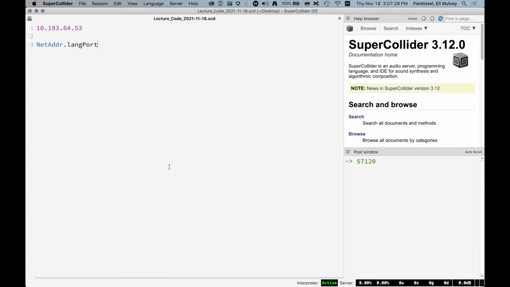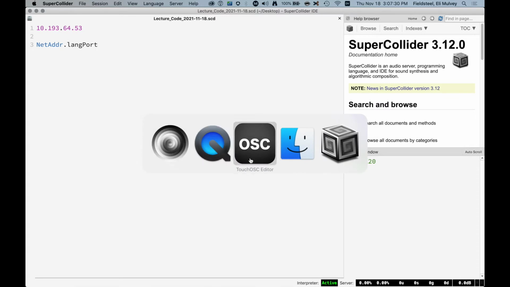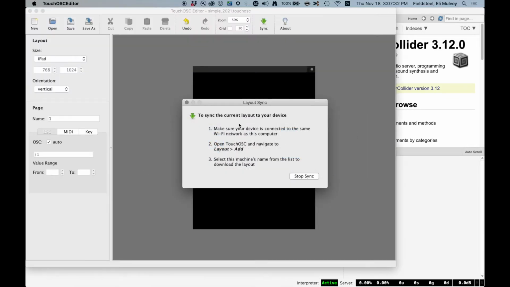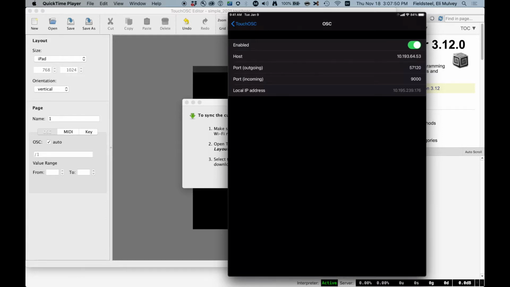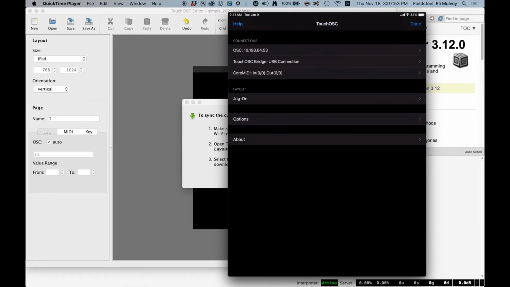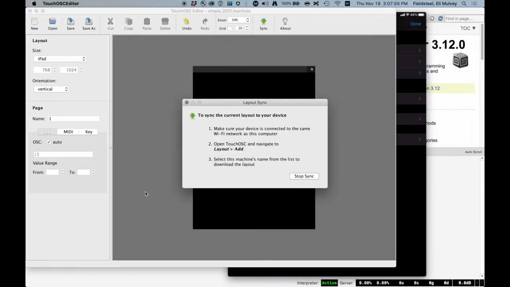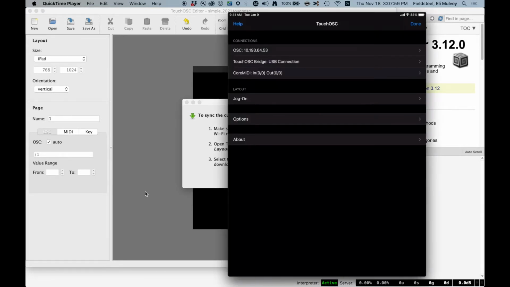And then if I want to send OSC from SuperCollider to my iPad, I would set the incoming port. In SuperCollider, I would say send on 9000 because that's the port that TouchOSC is listening to. So we have all the information we need to send OSC back and forth. So you just enter the information here and just hit done a bunch of times, and then go back here. And I think TouchOSC editor is still syncing, so we're going to go to the iPad layout,